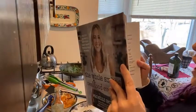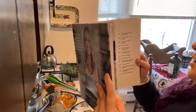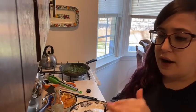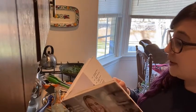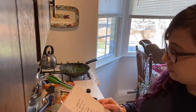apple cinnamon scones, 2 a.m. tacos, which is what I made the other day, but I don't eat beans, and I didn't have refried beans. You're supposed to make a meat paste, like those famous takeout tacos that you might go get at 2 a.m. So I just did the ground beef and the seasoning, and she shows you how to fry them up with a little slice of cheese, and really good. Bob's Backyard Blender Salsa, the best damn paleo brownies, which has a really cute story. You should get the cookbook and read it. Bay Area Burgers,